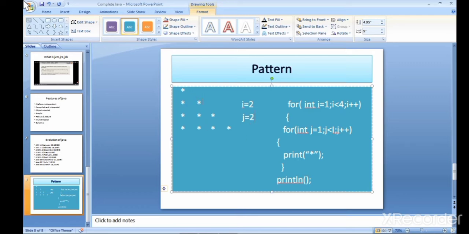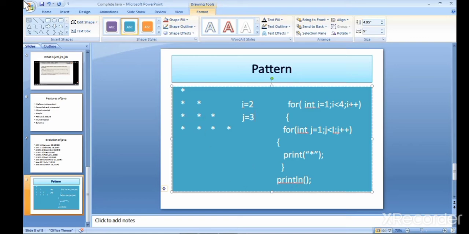Then it printed second star, and it incremented the value of j to 3, and checking the condition, then the condition goes false. If condition is false, then it doesn't print this statement. It's coming outside of the loop, and it uses println, and it's coming to the new line.